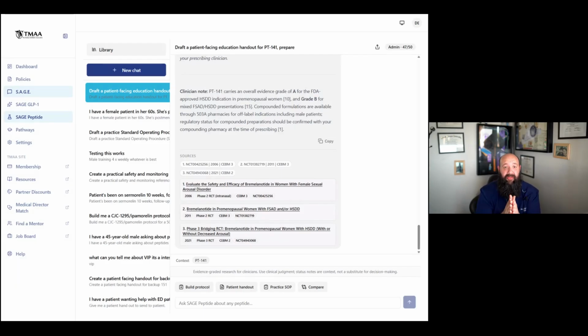One thing with the Sage Peptide that we really tried to do is be very transparent. We do know that there are some peptides out there that don't have the most robust clinical research available. And so when that is the case, we wanted to point it out. We wanted to show you that, hey, this is grade A evidence. This is grade B. There are human trials, there are no human trials,